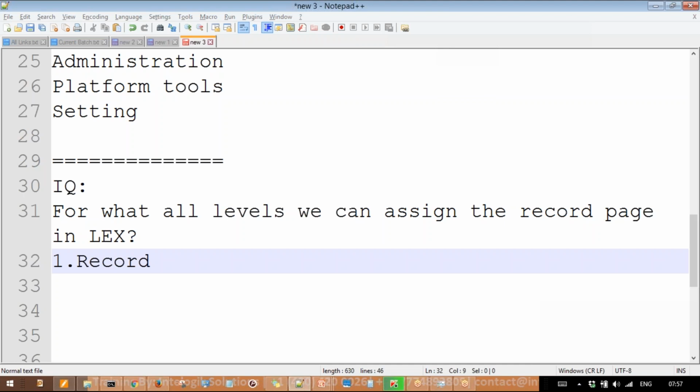That's also possible. And if not, if you want to go for a default profile, only for this profile it should be shown, or only for this department it should be shown, then that's also possible. You can even plan for the profile level or department level as well. Okay, so three things are there by which you can work on that. And let me mention here, you can